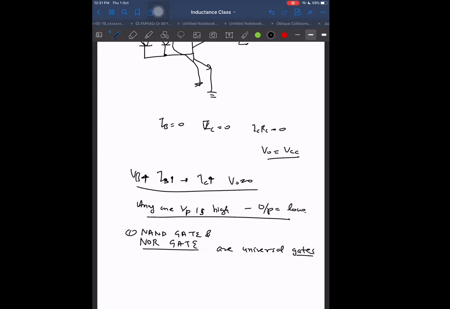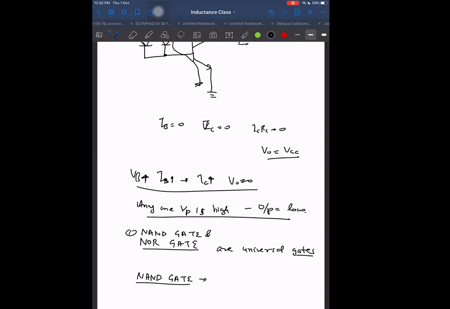If I use only the NAND gate continuously, using NAND gate I can form any other gate. What gate do you want me to form using NAND gate? Tell me. Any gate which you think cannot be formed, I will form right now. Any gate can be formed using NAND gate. Think of something which you think cannot be formed.